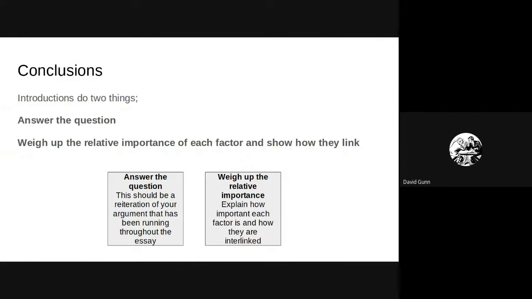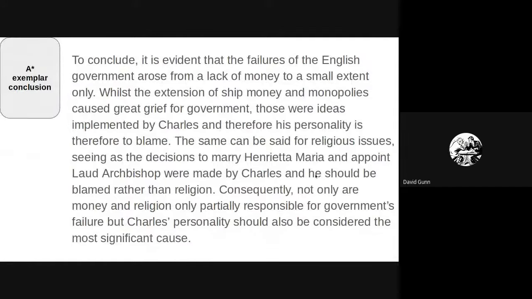Weighing up the relative importance of each factor, you can start to develop those links, develop the overall argument of where they all sit. By the end of the essay, the examiner should be able to really see that factor 1 is the most important, factor 2 is the second most, and factor 3 is the third most important, or however you've prioritized them. So here's an exemplar conclusion for the same question. To conclude, it is evident that the failures of the English government arose from a lack of money to a small extent only. So clear